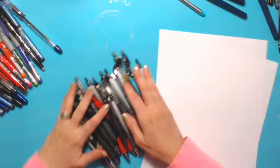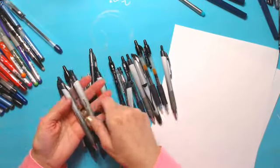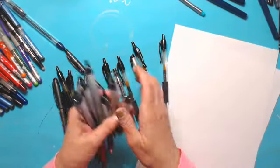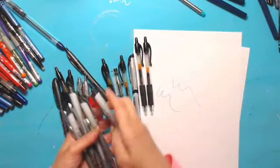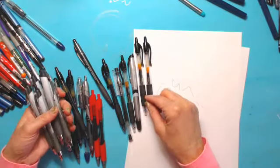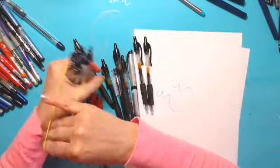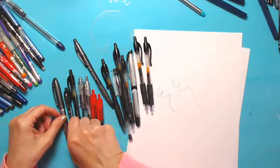All right, so now I have different kinds here. Like these are all Staples pens, like gel pens. Your regular writing gel pens. And I know they're all still going to work. So, yeah. These, I just want to bundle them by like with like. Is that all of those? And put them in the drawer. Okay, then I've got these